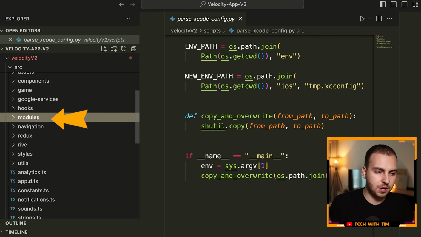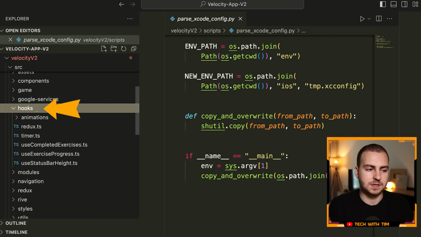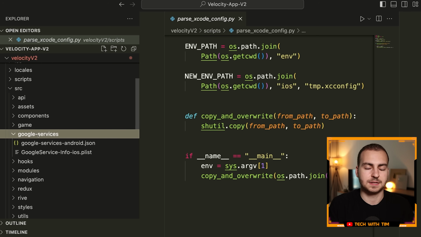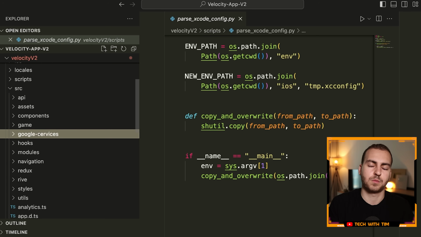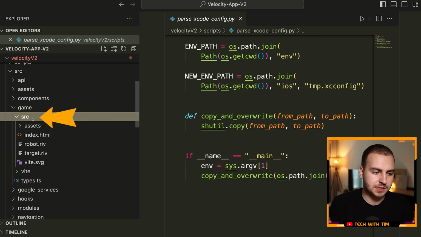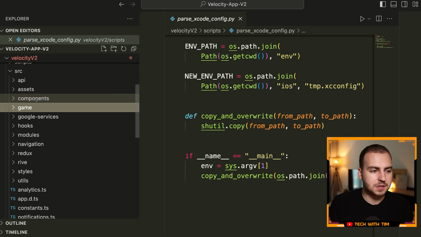We have some different modules. We have hooks. So these are just React hooks that we put in their own separate folder. We have some things related to the Google services. So we need this when we're using Google sign-in and some other features. We have a folder for different games in our application. So we have the source, assets, Vite directory. We have a bunch of different